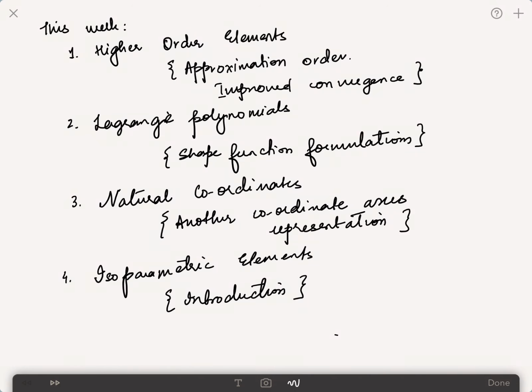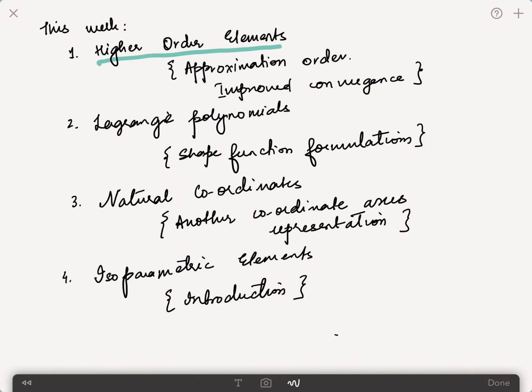We are going to look at higher order elements. I have been talking about these higher order elements since the first lecture, where I first introduced the truss elements, or just 1 degree of freedom at every node. And then I went on to say that these are linear elements. And then for beam elements, which are also one-dimensional elements, we took care of an approximation function of quadratic order. So as you can see, we have continuously been playing with different kinds of order or different kinds of approximation